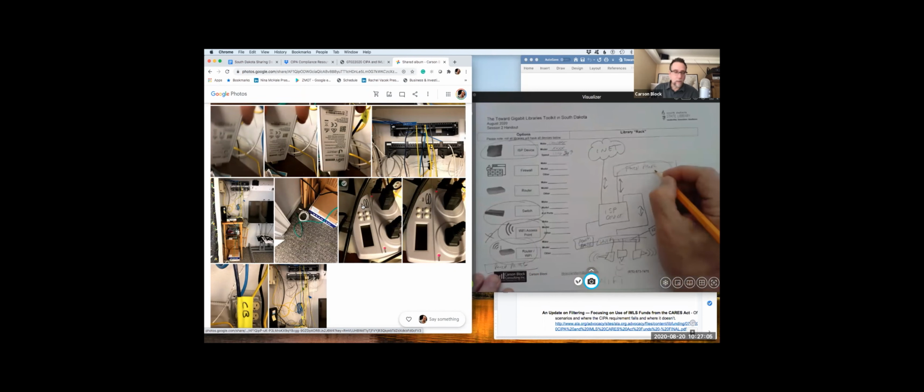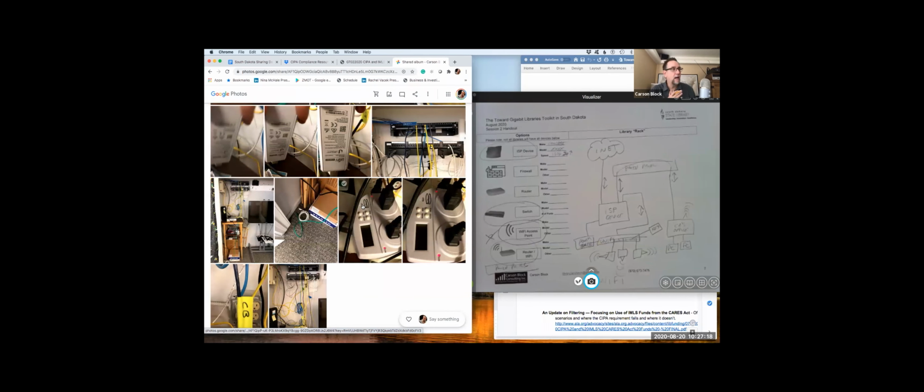And of course, we also have a patch panel. And the function of the patch panel is to take the stuff that is in the network area and connect it to things that are spread throughout the building. And that's what's happening here. So this is a way for